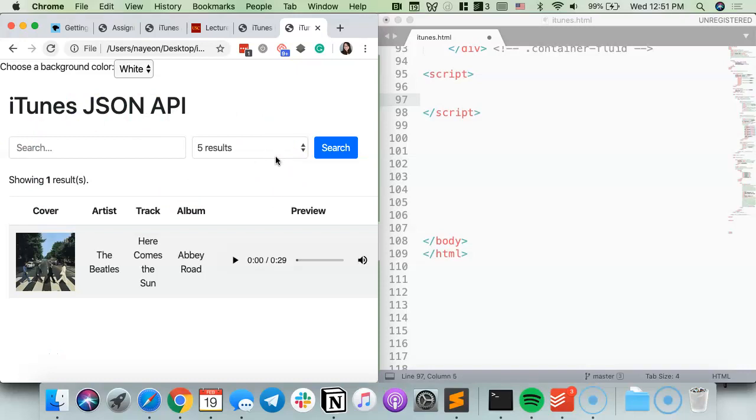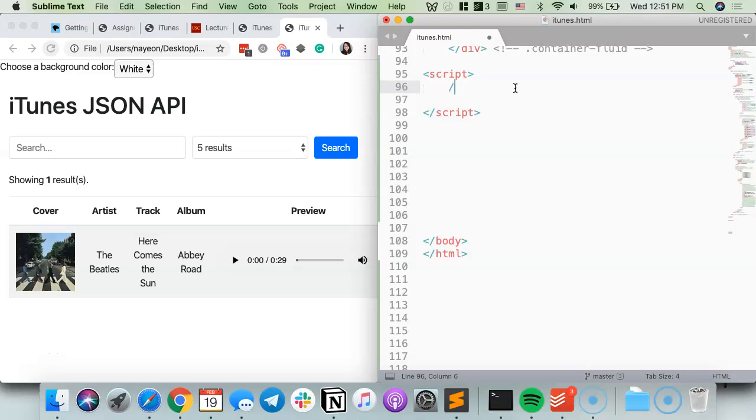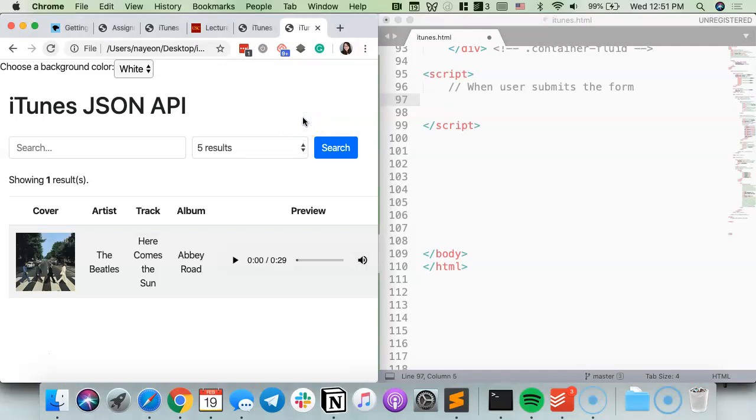So we have to create an event handler. Let's create our first event handler for when the user submits the form. It might be very tempting to just say, when this button is clicked, do the JavaScript. You can do that, but form submission is even better, because sometimes the user doesn't actually click the search button. A lot of times people are lazy and just press enter. To cover both cases, whether they click search or press enter,